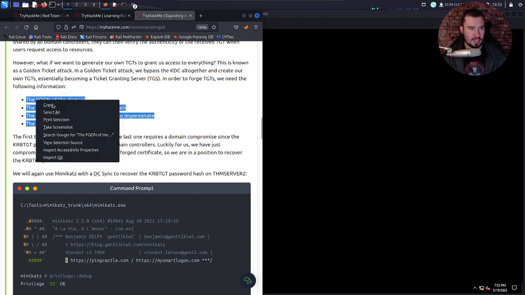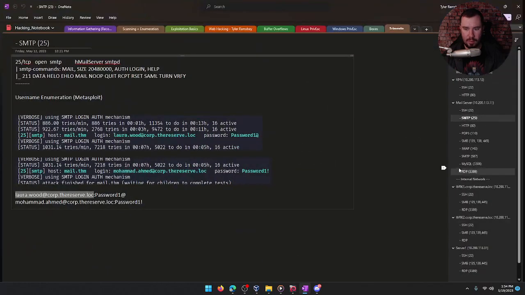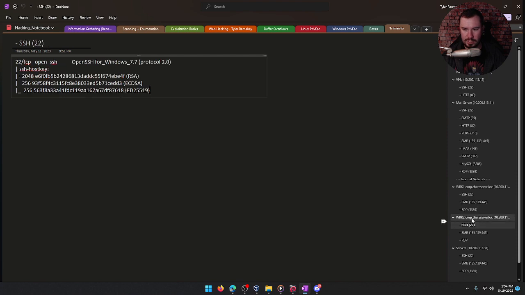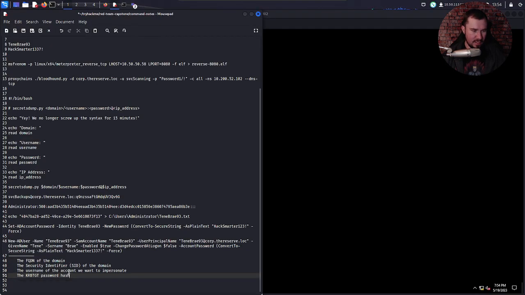Okay, let's grab this, and here are all my very unorganized notes. My OneNote looks a lot neater. Here's what my OneNote looks like, and I still need to transfer all my notes over here. So here's my OneNote where I was originally doing notes as we were working our way through machines, but I've just kind of been doing a running command list here. So here are the pieces that we need. I'm just going to space these out. And then as we get this information, we'll drop it in here.